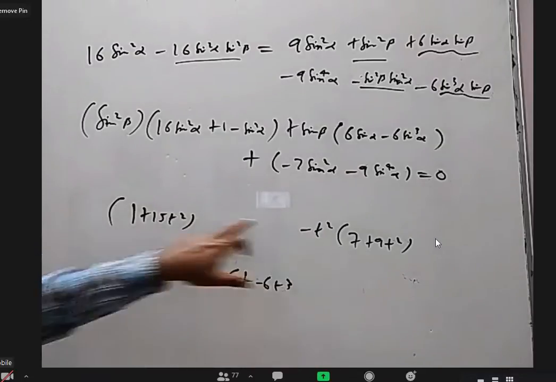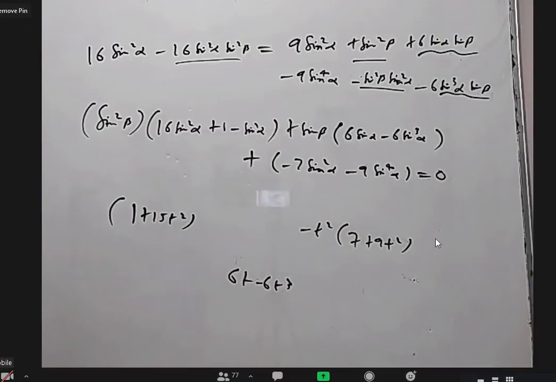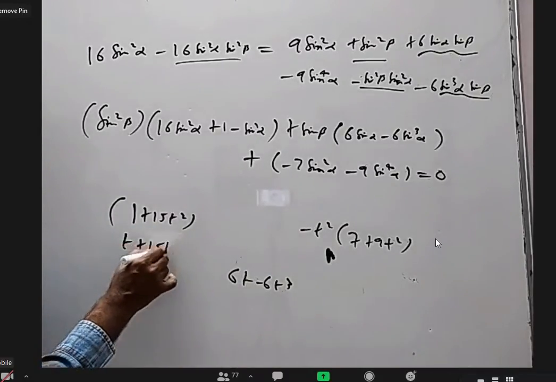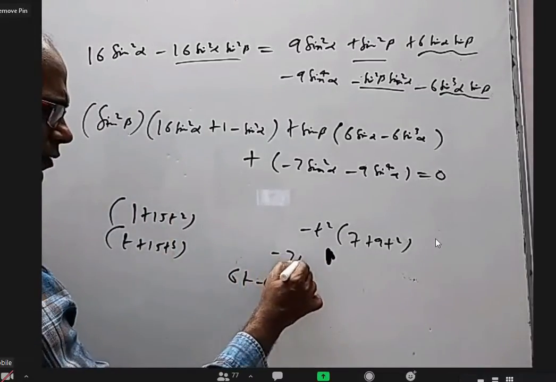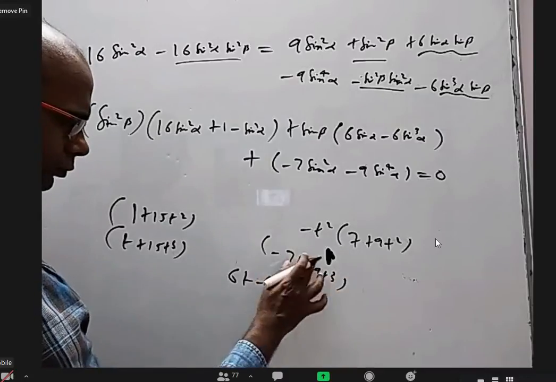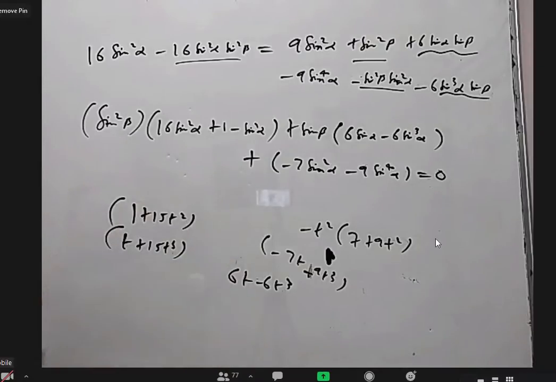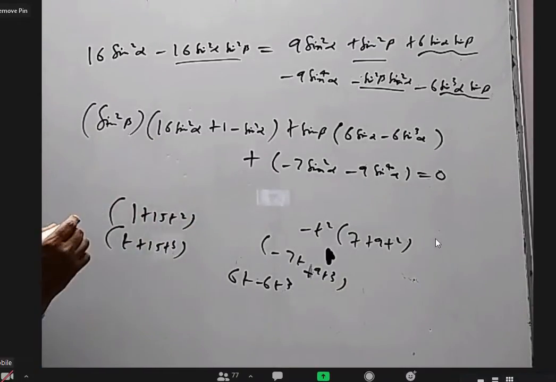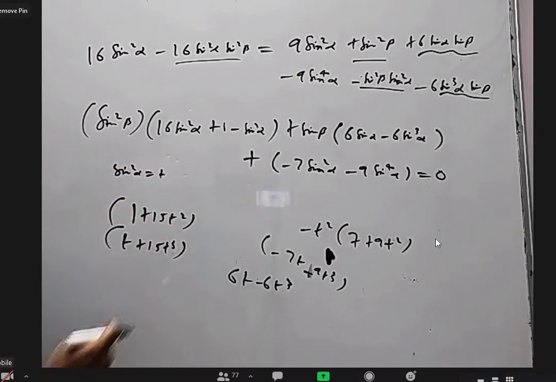If I borrow 1 t to this, I'll get t. I think I'm getting it. Okay, if I borrow 1t here, it will be t plus 15t cube. If I take 1t out of this, minus 7t minus 9t cube. If I add these two, I'll get exactly negative of this. This is the sum of the roots, so they are the roots actually. So I'm eliminating a little bit of work. I am taking sine square alpha as t, that is helping me to find these roots.